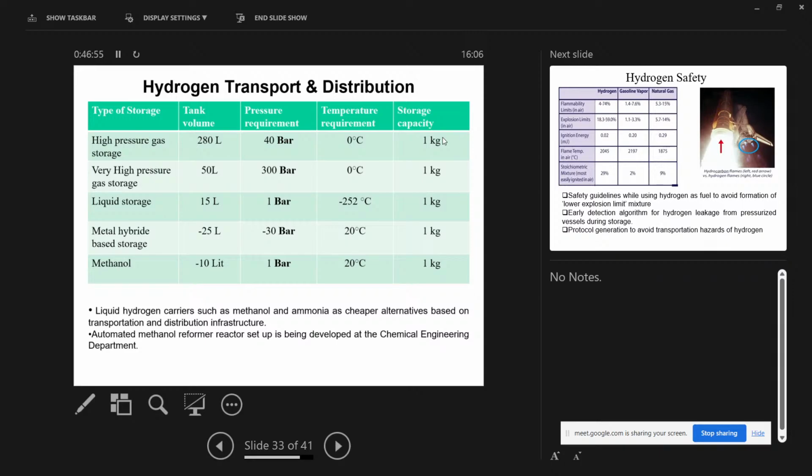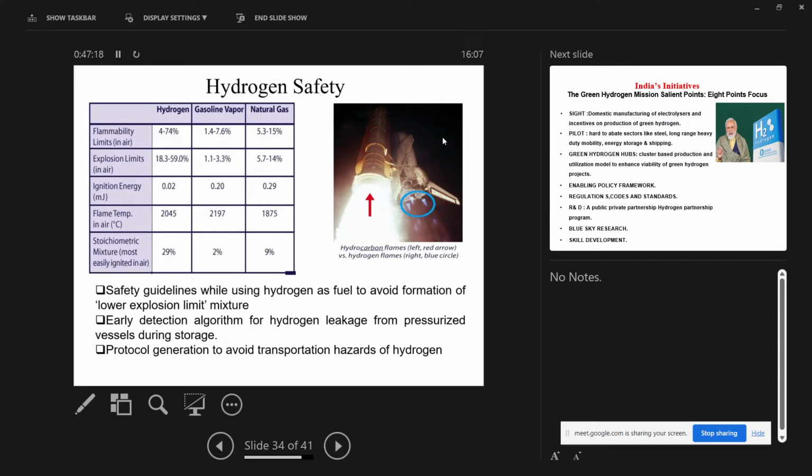We were obviously talking about this in the previous slides. But the condition is, in these conditions, the temperature requirement is altogether different. You see that if we are talking about liquid storage, the temperature is very, very low. This is minus 253 degrees Celsius. To store the liquid in this condition is very, very tough, and making it possible in a manner that is safe.